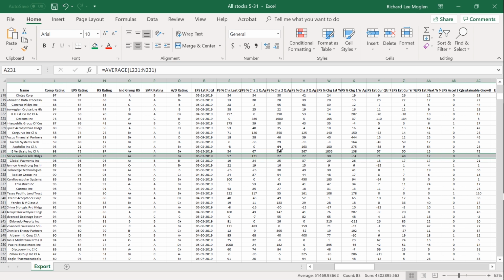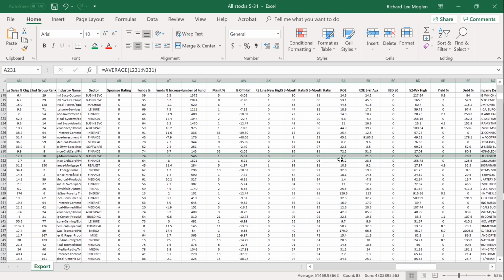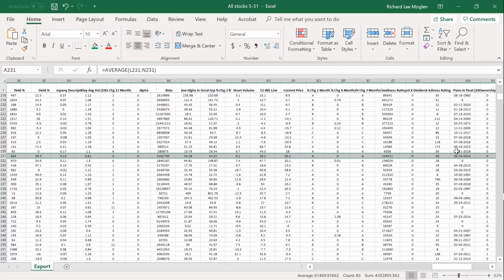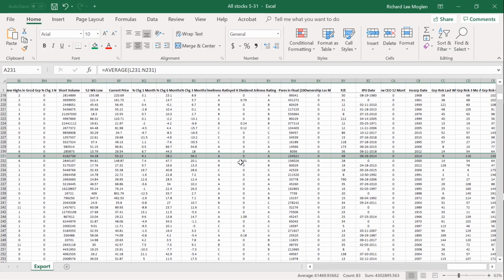but it has okay EPS. I don't like to see that it was flat and then it increased dramatically, but then it fell back. I would like to see steady acceleration through the past couple quarters earnings reports. I also don't like to see that its return on equity is 7.7%. That's kind of below the around 13% threshold that I like. It is also not on the IBD 50 list, but it does have a timeliness rating of an A, which